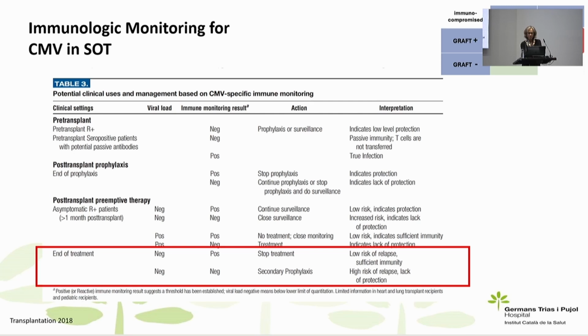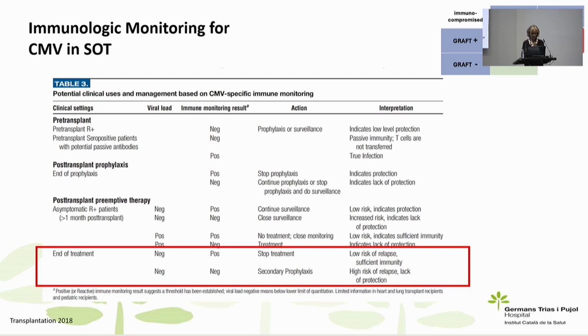We have a patient that's been infected, and we have given him or her the treatment, the valganciclovir or the ganciclovir treatment, and the PCR is negative, because we won't stop the treatment if the patient is still positive. So the PCR is negative, and the CMI is positive. Okay, the patient is protected, the infection is under control, so we can stop treatment, and we can rely on the good outcome of the disease.